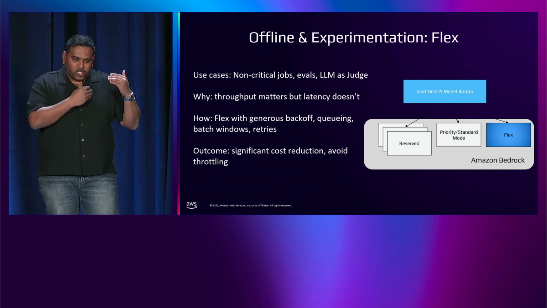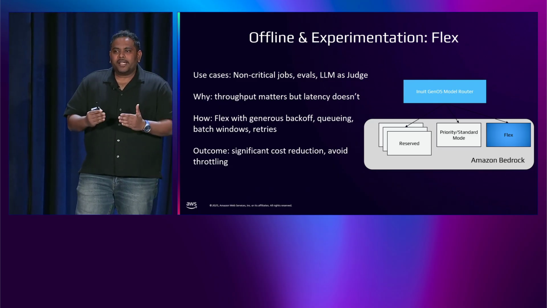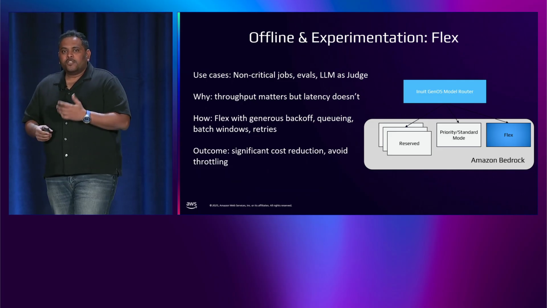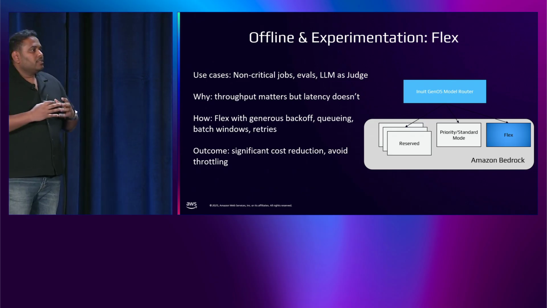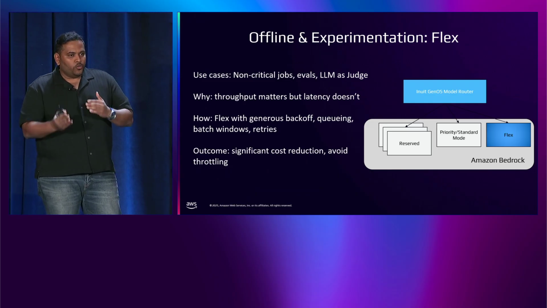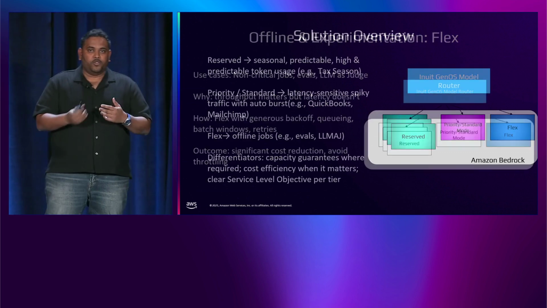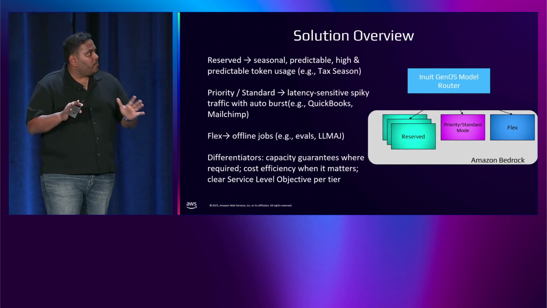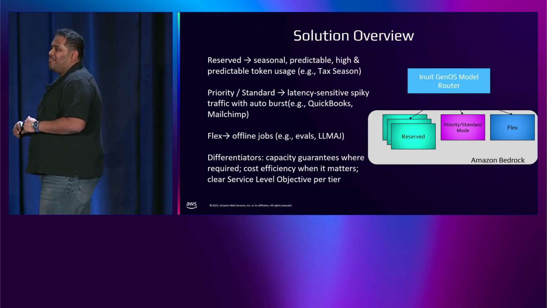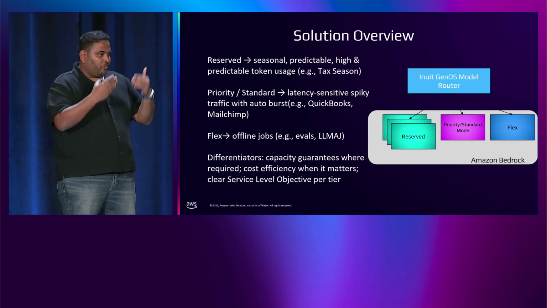That's where we can get the designated throughput that we need for the model, but the latency is not that important because the flow is not critical for that use case. So that's how we have planned the LLM serving framework that we have at Intuit, depending on your use case and how the traffic looks for a use case. This is a mental map of how we have planned across different capacity, different mode, and different use case.